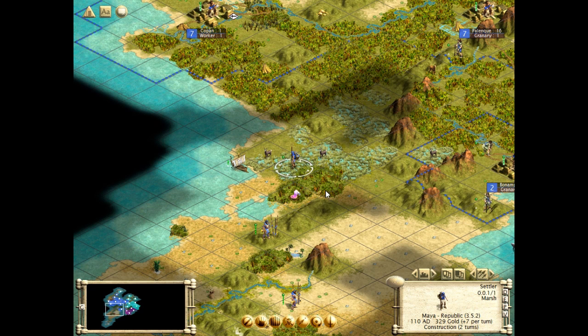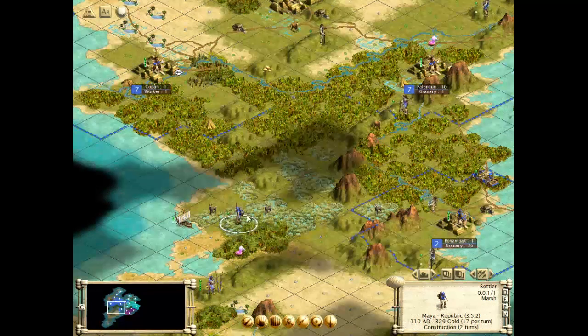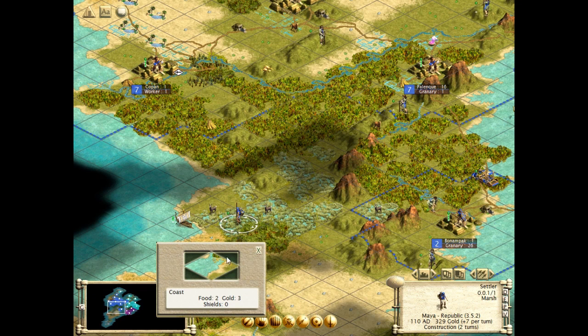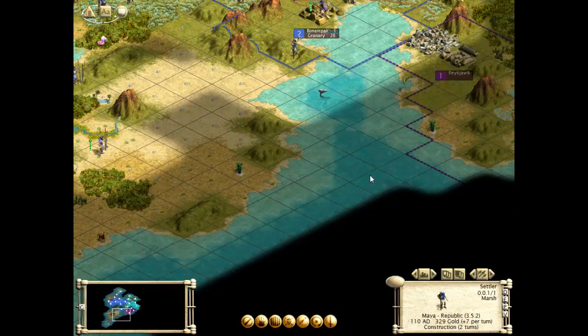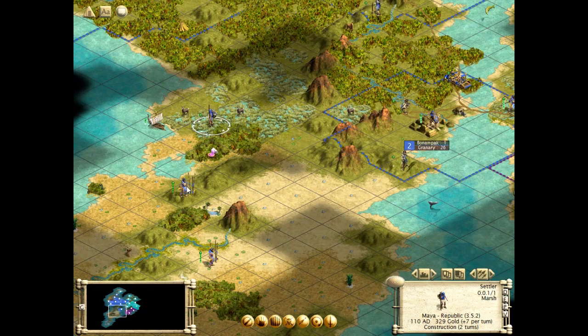Okay, and I do think we want to build here. Except we can't. Okay. I did not know that. So we can't build on a marsh. Well, that sucks. Do we want to build one further down? Because that's going to be rather inconvenient compared to where I wanted the town. Is this a freshwater lake? You know what? I think it is. I think that's a freshwater lake, and that could be very beneficial too. Wouldn't need an aqueduct,